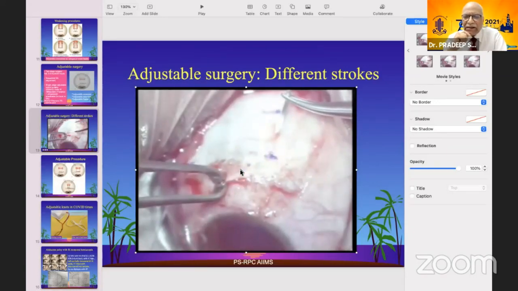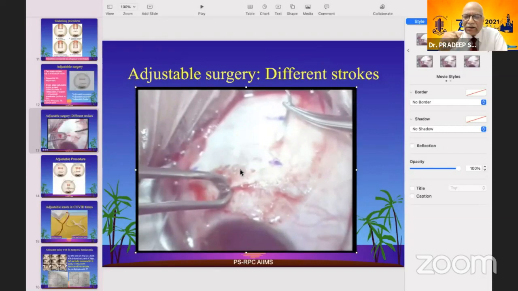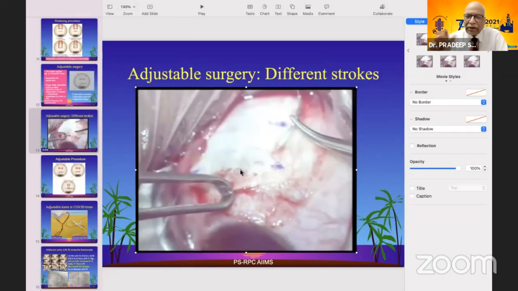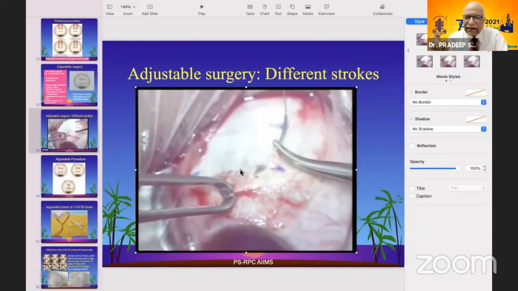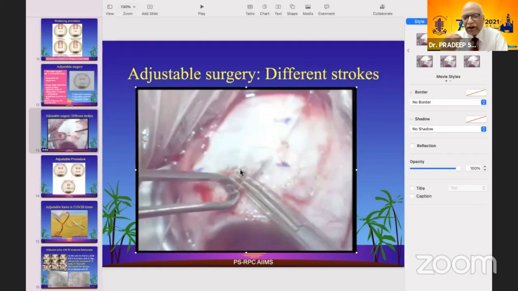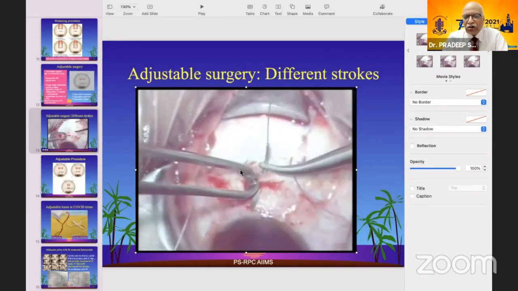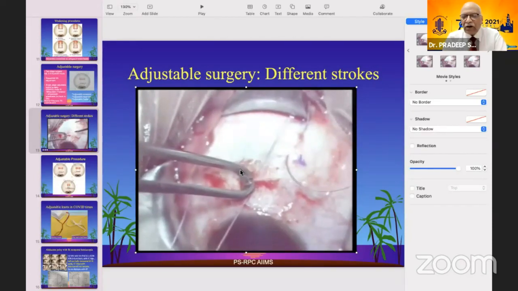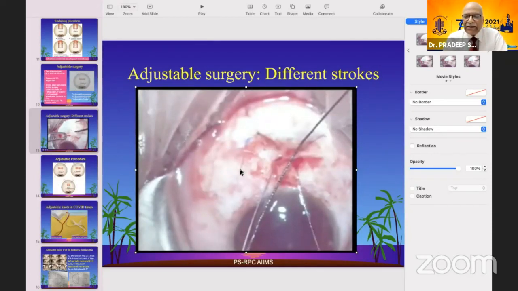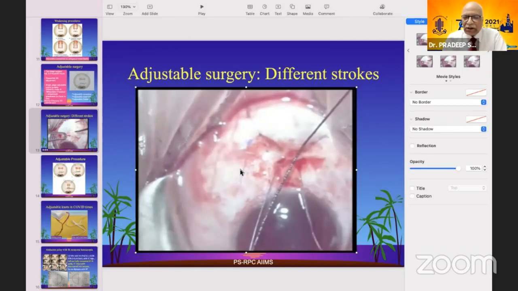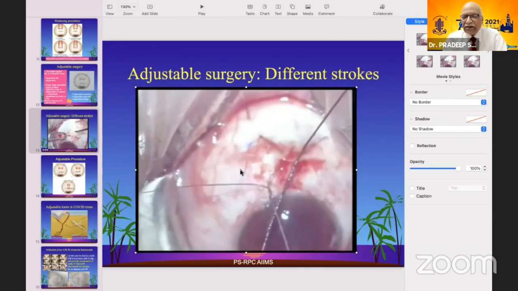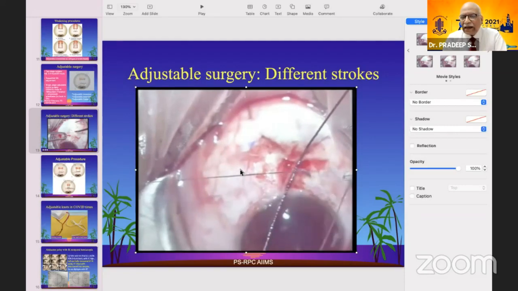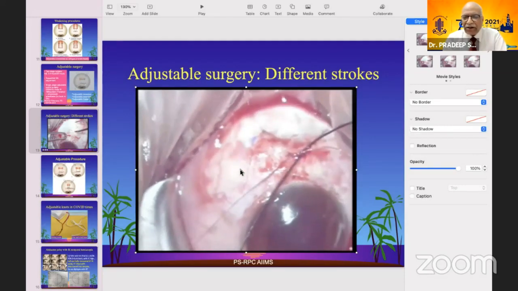We pass the needle, and this also gives us widening of the muscle stump. You can start there and then come more into the center. So this ensures that there is no bunching of the muscle, and the creeping forward is also prevented. Then a silk suture is placed in between the sclera and the first knot. This helps us in releasing the suture at the time of adjustment, which sometimes can be tricky.